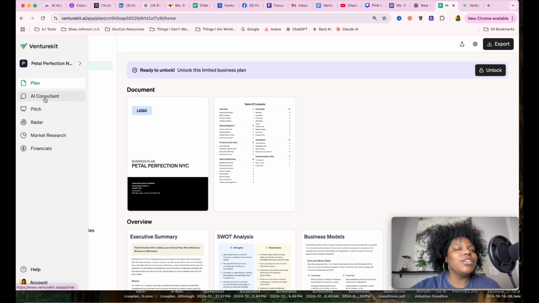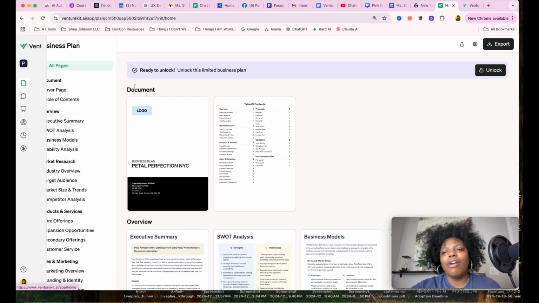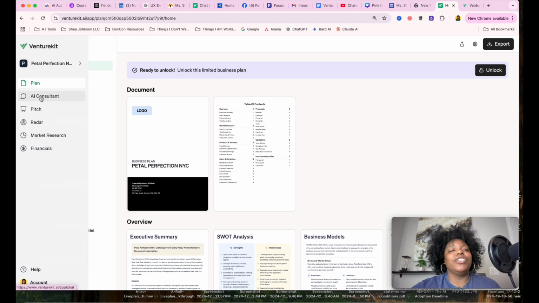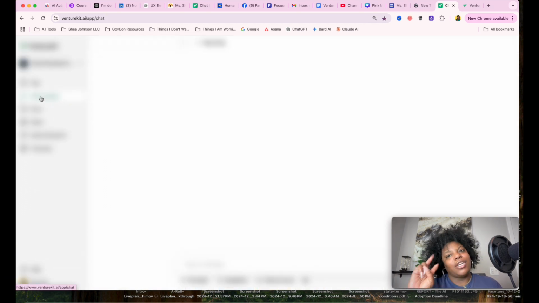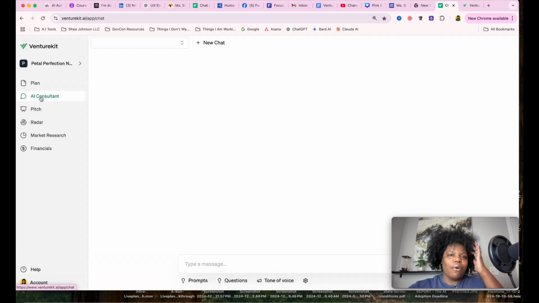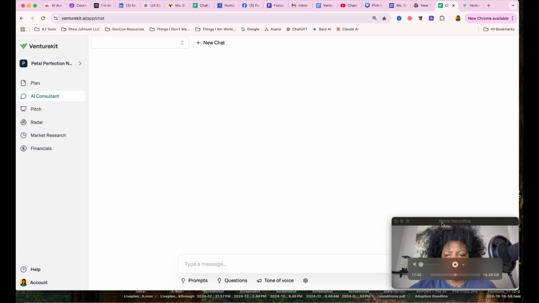Okay, so let's go down to plan. We're here already in plan, which is the first feature in the sidebar. The second feature is the AI consultant, which I really like and really think is cool. So in the AI consultant, you can start a new chat, and here there's a chat. There's actually a bar here for you to,